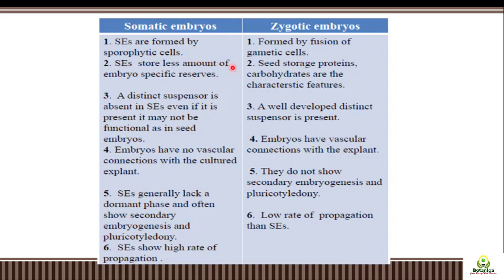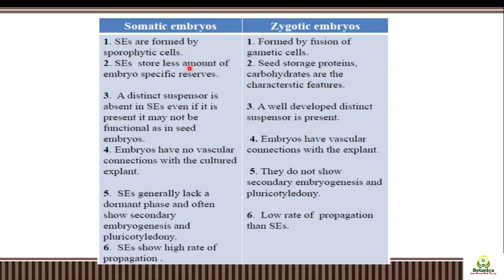So in the natural condition, the seed has to undergo a period of dormancy, and after the dormancy, when the seed germinates, it requires a lot of energy, a lot of food material which should be present in the seed, because the germination phase is the most critical stage of the development of the seed. So it requires proteins, carbohydrates and other lipids and oily material which is required for growth.